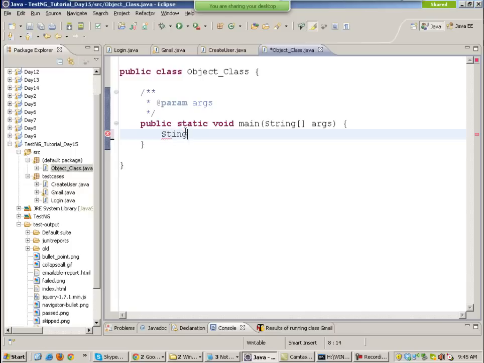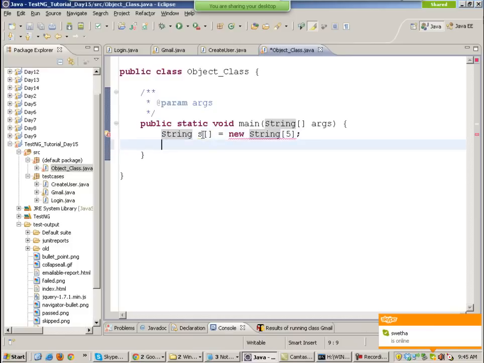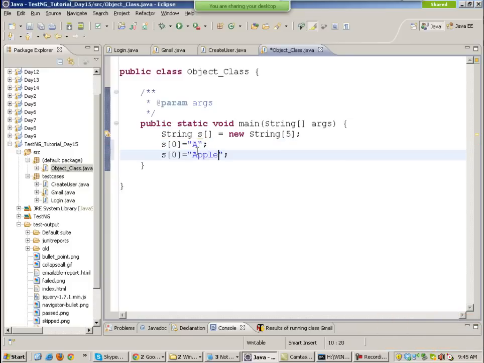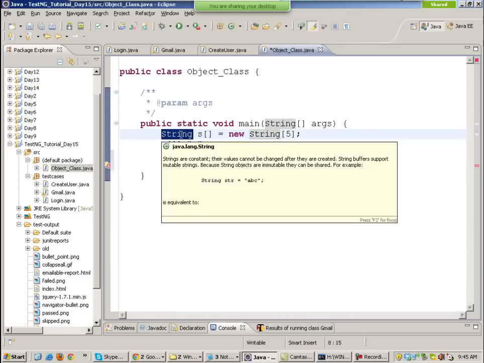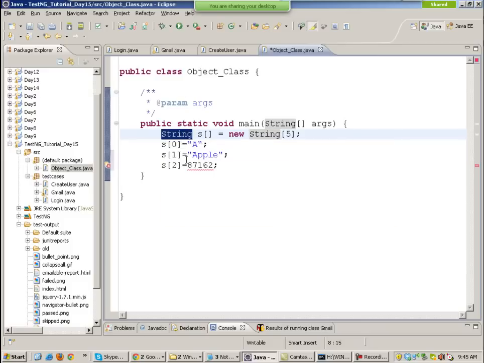Now suppose I make an array in Java. I write over here String s equals new String, and I keep 5 elements inside it. So what happens is that this string array can hold strings, right? But what if I want to store numbers in it? Can I write over here some number? No, it will give you an error because this is a string array. I cannot store numbers in it. If I have to store a number, I'll have to store it as a string. I'll have to write like this,